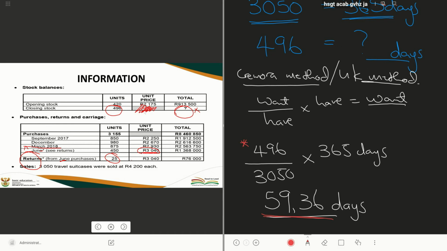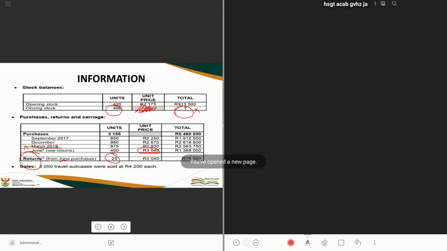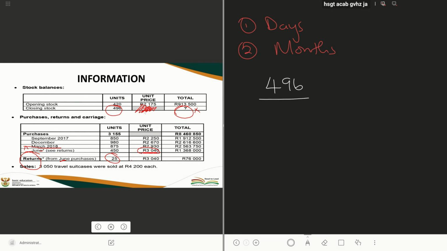Okay, I'm going to show you the other way now, which is when you are using months. We want to see how long it is going to take us if we don't present the answer in days, but rather in months. So the first one, we did it in days, but number two, we want to present it in months. This is easy. How do you do that? You simply go back again. How many units do you want? It is your 496 over what you sold, which is